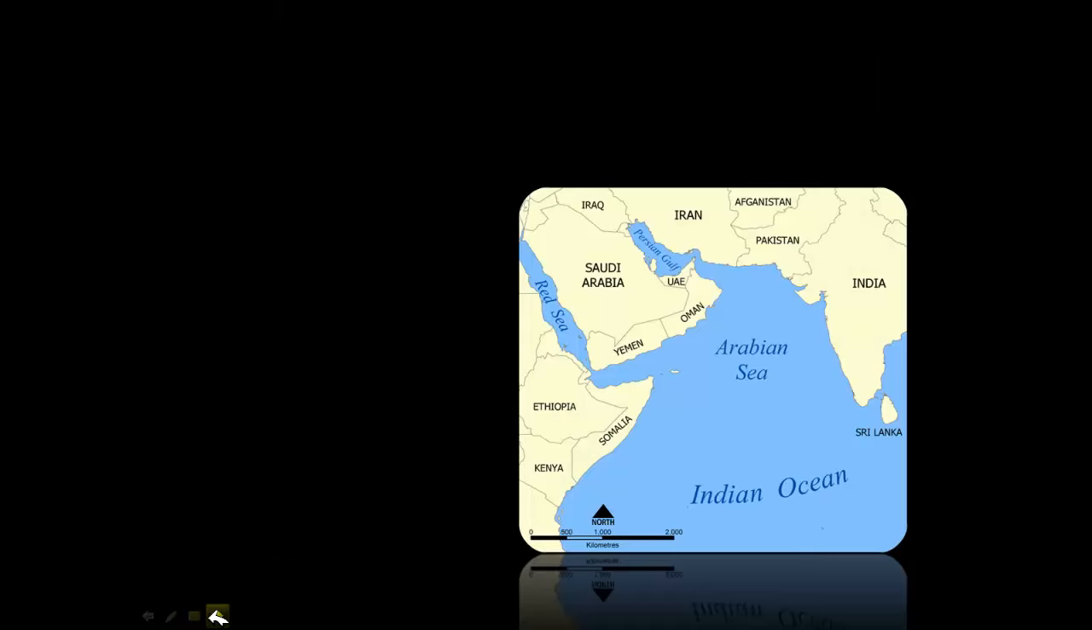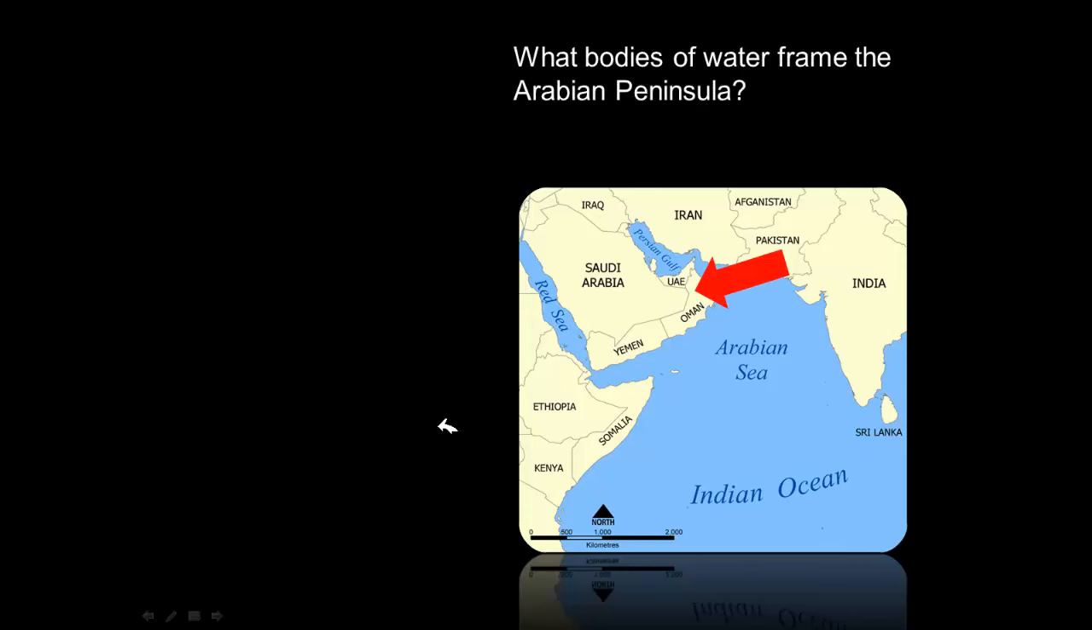Now, the second peninsula we'll discuss, which is covered by this illustration, is the Arabian Peninsula. So let's get into it. What bodies of water frame the Arabian Peninsula? And of course, this arrow is pointing to the Arabian Peninsula. And just really quickly, just to review the countries that are in the Arabian Peninsula: Saudi Arabia, Yemen, Oman, and